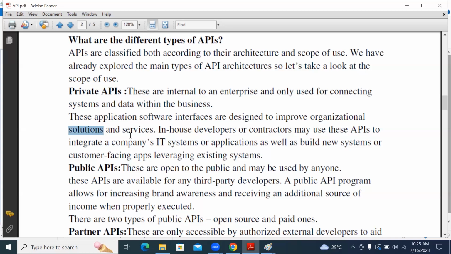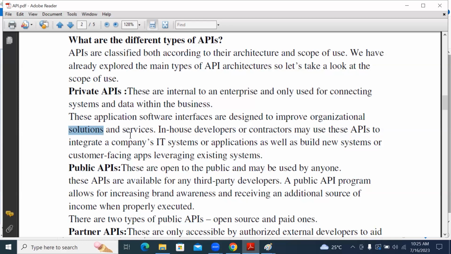If I say I'm a local person, that means that person is restricted to that particular area only, not outside of it. In the same way, these private APIs are restricted to that particular area only.